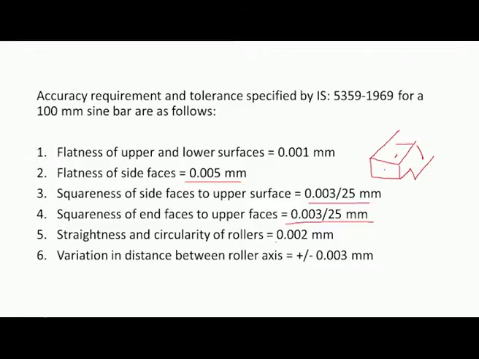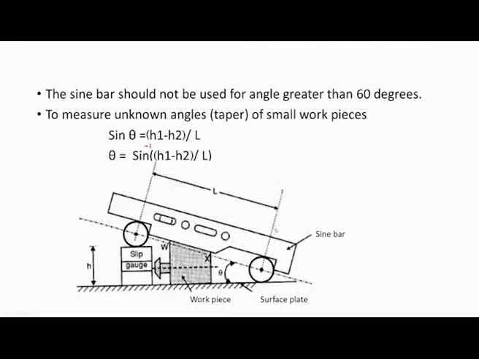circularity of rollers should be less than 0.002 millimeter. Variation in distance between roller axis should be less than plus or minus 0.003 millimeter. Now, these sine bars should not be used for angles greater than 60 degrees. For smaller angles, these can be used to get the precise angular values. To measure unknown angles or tapers or small workpieces, these sine bars are preferred, and you can